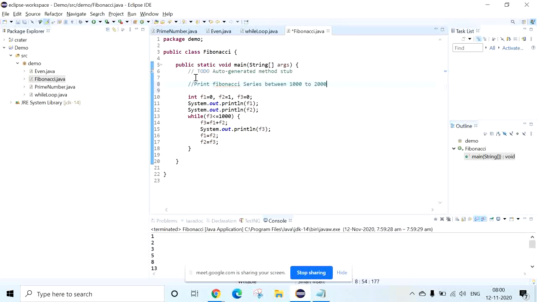So during an interview, what they will do is simply ask whatever they have in their mind. Even if we know what the Fibonacci series is, they may ask for the sum of the Fibonacci series also, and we can do that. But if they suddenly ask to print the Fibonacci series between 1000 and 2000, it's similar to printing the prime numbers between 1 and 1000, the problem which we have solved previously, right?